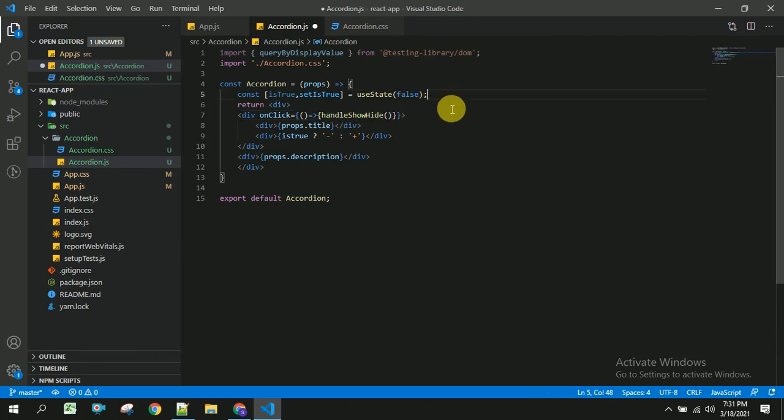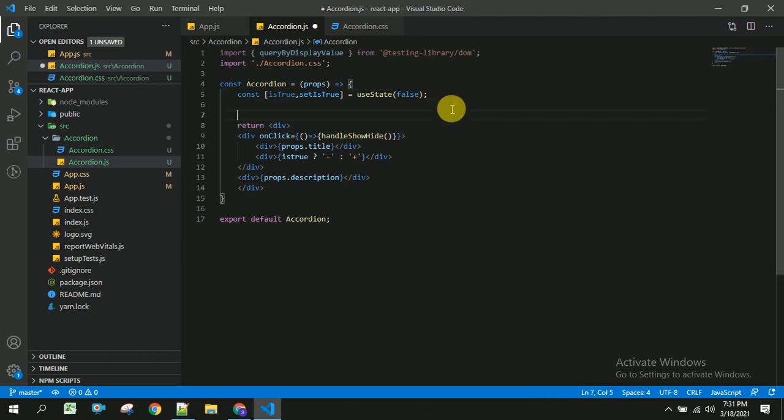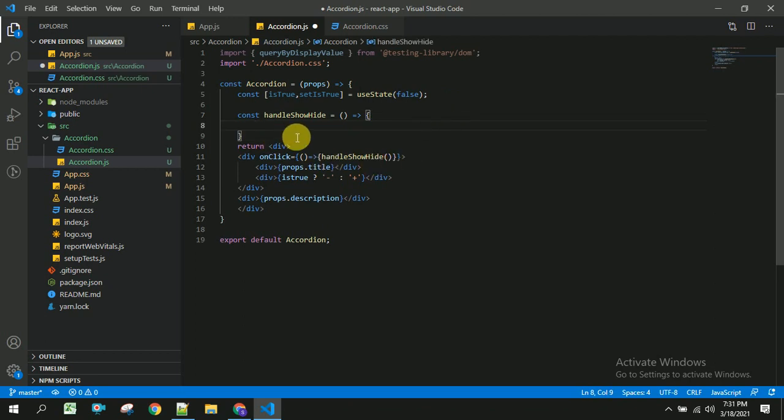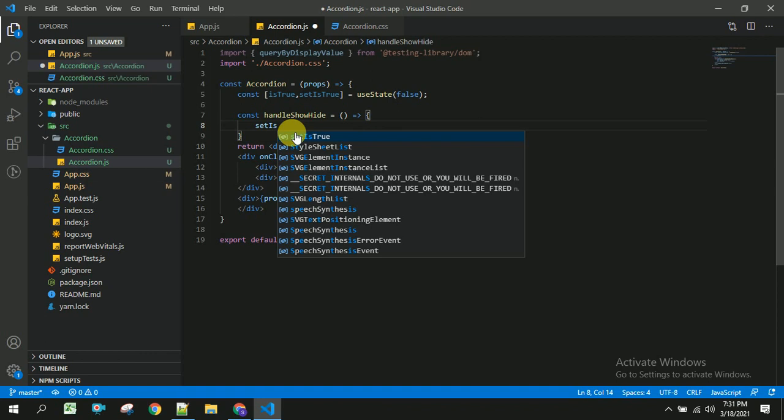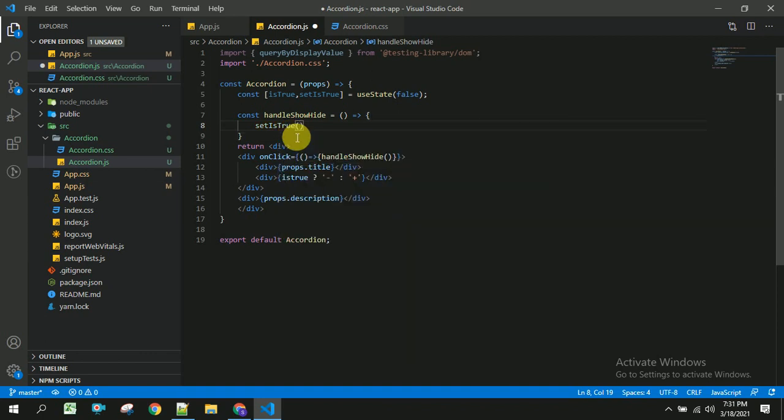So I am going to create this event here or function by using arrow function syntax. Inside this, I am going to place setIsTrue of not isTrue. Let us save this and check whether we are able to get this or not.